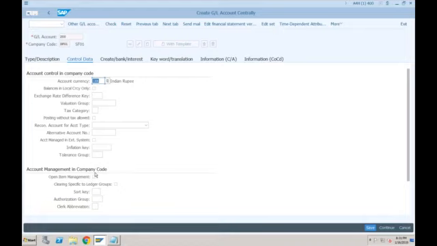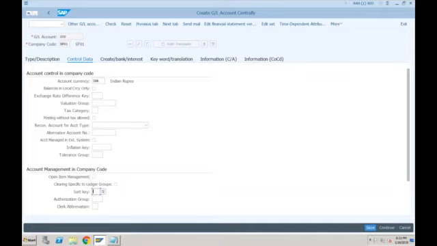So for open item management, if you tick here, it will only be activated for the leading ledger. But for the non-leading ledgers, if you want to specify whether open item management or clearing is allowed or not, you have to tick this indicator if you want to allow it for the non-leading ledgers also. You can see it is specific to the ledger groups. So that is the only difference between open item management and clearing specific to the ledger group.